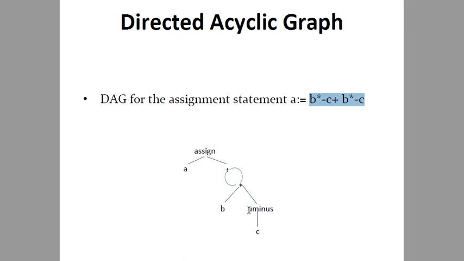So you find it beneficial to create a DAG instead of a tree for expressions where we have common sub-expressions. If any other DAG is given to you, it will be very easy. You just have to identify the common sub-expressions, and then make only one node for that expression. Need not repeat it. I'll give you one more example.